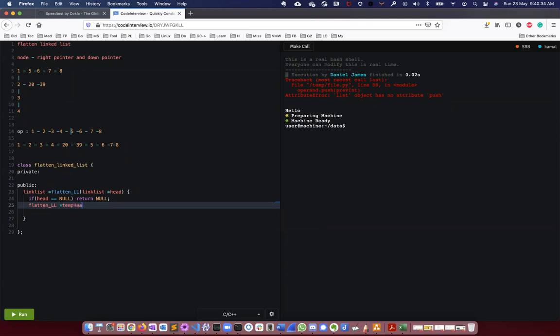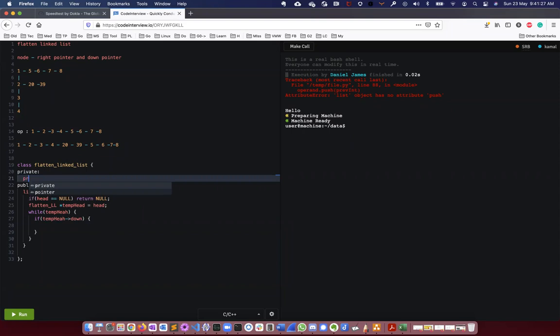I'm taking a temporary head because I have to manipulate over this, so the main head will not be impacted.